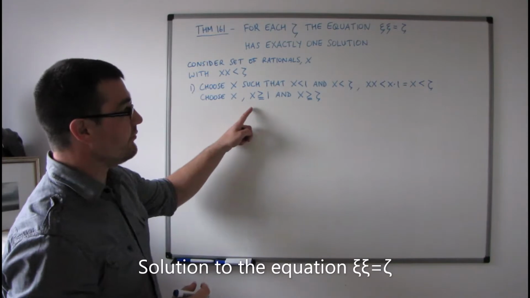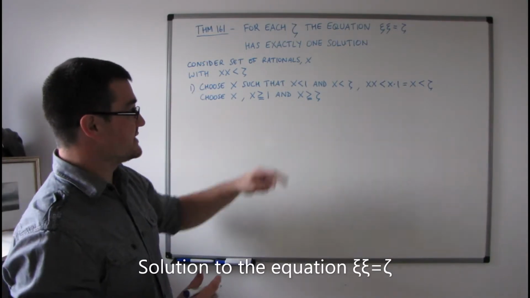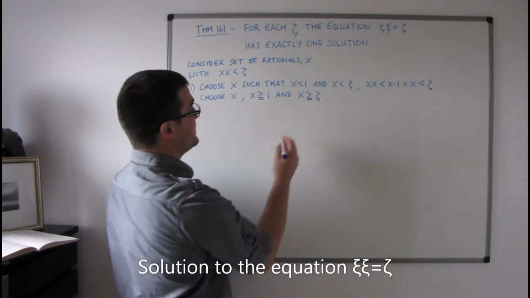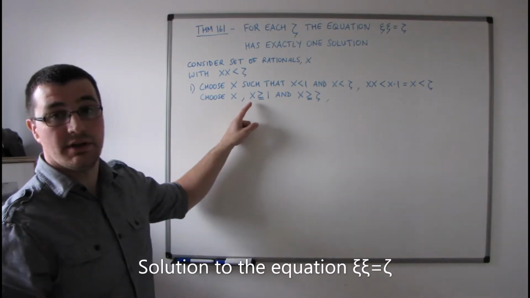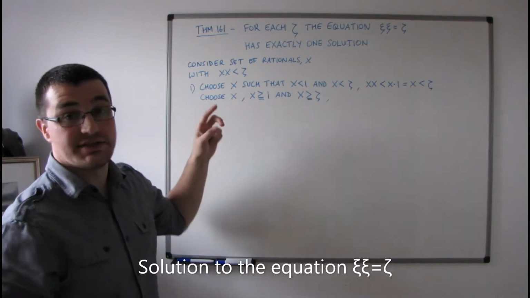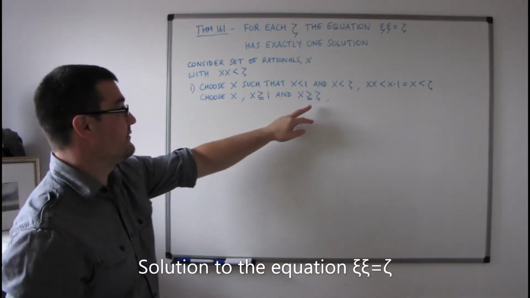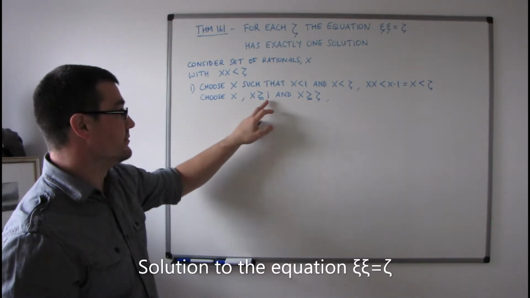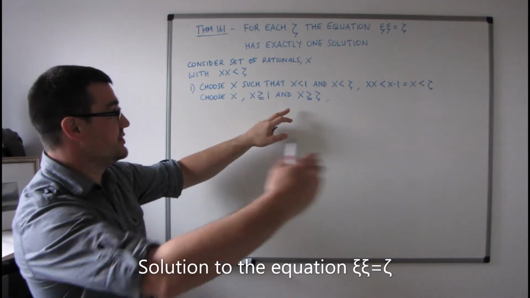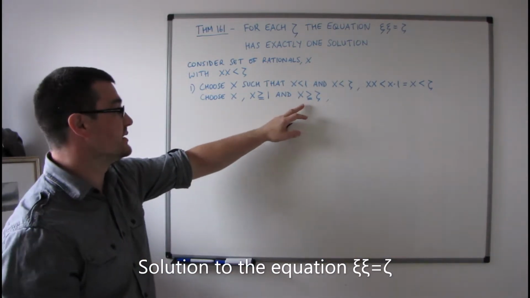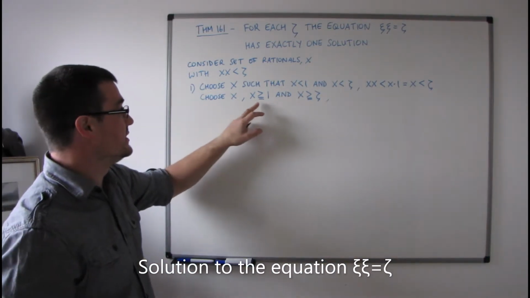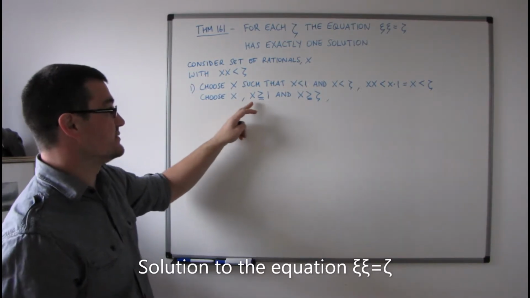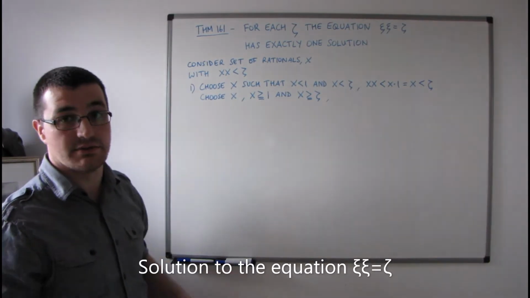So in this case, again, such an x can be chosen because there's no greatest rational. So however large zeta is, if it's greater than 1, then we can just choose an x greater than zeta or greater than or equal to zeta. If zeta is less than 1, then we just choose an x that's greater than or equal to 1, and